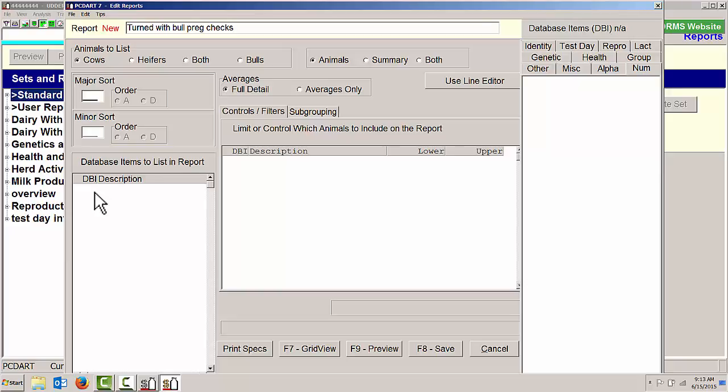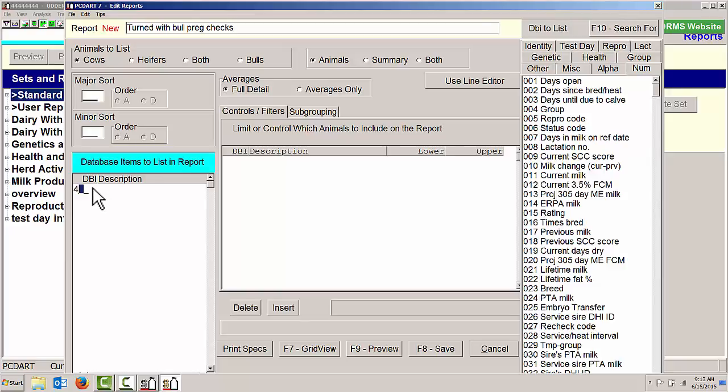The information I want to have listed on my report would be database item number 4 for group number, 50 for index number, 366 for date turned in with a bull, 277 for number of days turned in with a bull, 376 which would be currently with a bull, that's yes or no. I'm going to use dividing line. I'm going to list my repro code, and I'm going to list a reason on the report